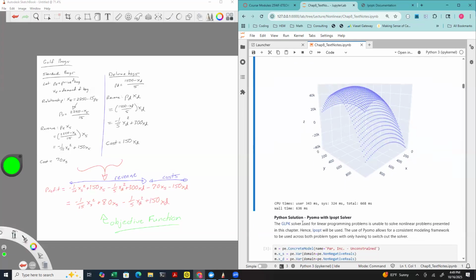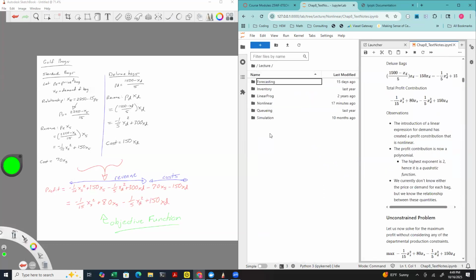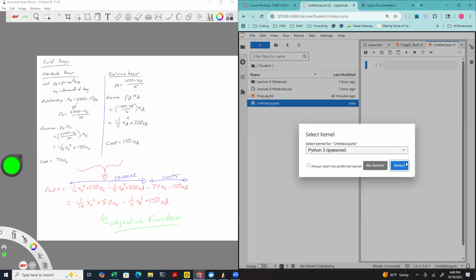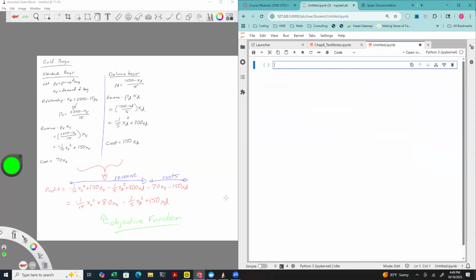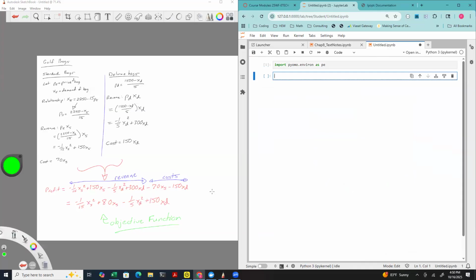And so this is where this IPOPT solver is going to come into play. I'll start off in Python tonight, and then we'll also bounce back and forth in Excel as usual. The nice thing about using IPOPT is that it keeps all of the modeling work that we've been doing up to now in Pyomo the same for the most part. You'll obviously have different expressions. You'll have some nonlinear terms there, but you're going to express those in the same way that you have been. And then we'll just change out the solver. So to reinforce that,